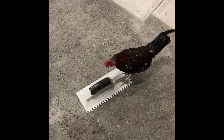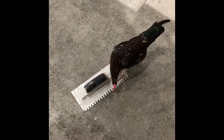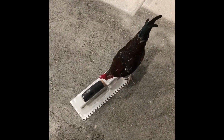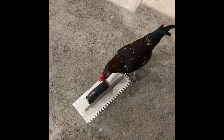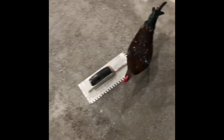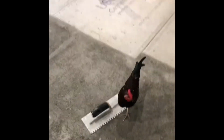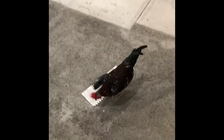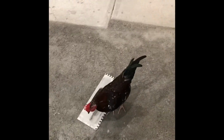Well, I've been trying to teach him all day how to use that trowel because we can't get very much progress done if he doesn't start spreading thin set out on this floor. You got all this tile to set and he's just sitting there. Man, I'm getting tired. I think I'm gonna have to do this myself. So while I was waiting for him to figure it out,